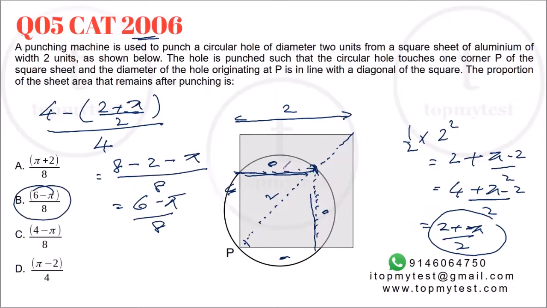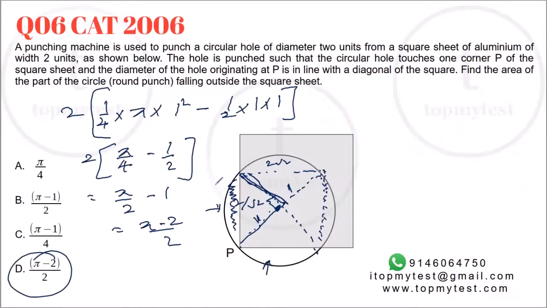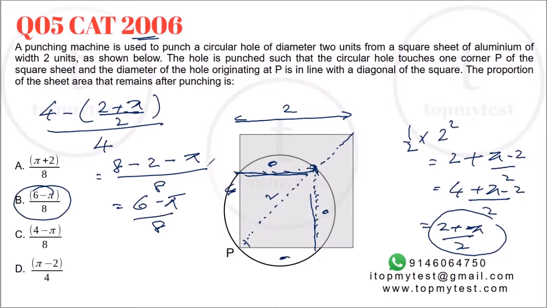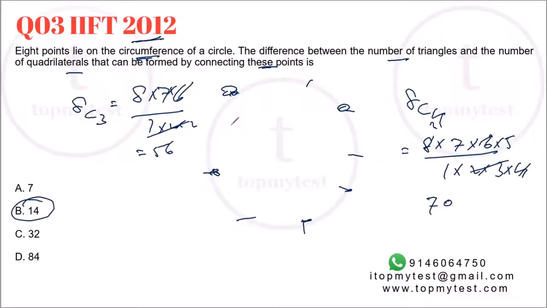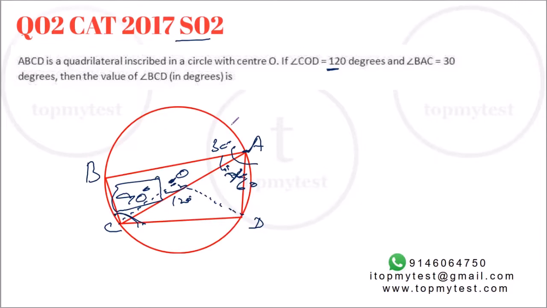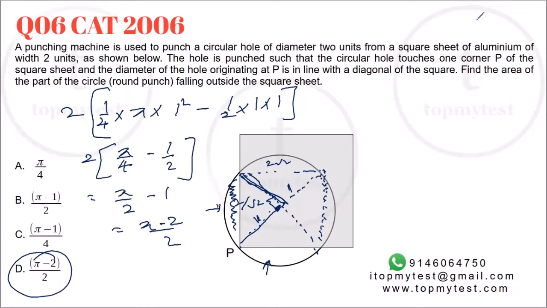Just be a little patient, figure out the corresponding areas. Job is done. You have 2 questions answered in roughly about 3.5-4 minutes time. Overall, if you look at it, the questions are not too difficult to solve. The key point was to keep your patience, make sure that you do not get flustered by the diagrams, etc., which are given to you. Apply basic concepts of quadrilaterals, triangles, circles. Questions can be solved in roughly 2.5 minutes time.